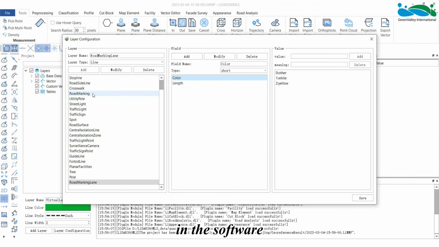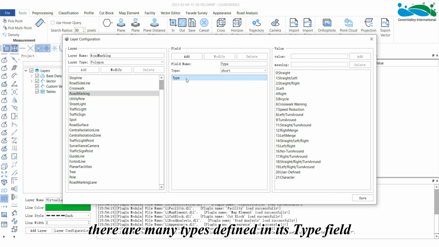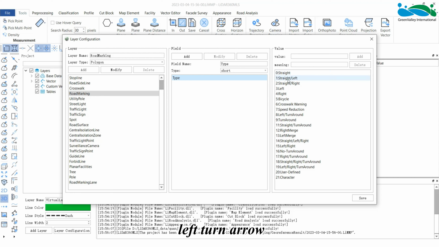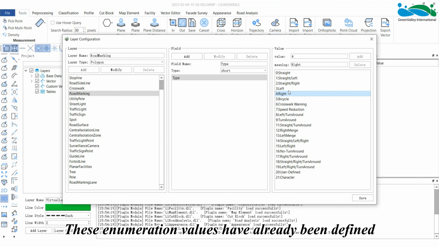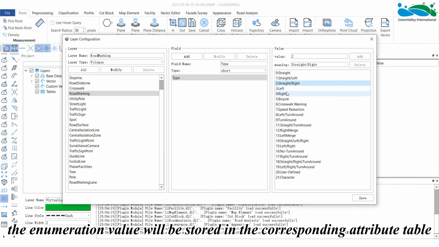For example, in the software for the road marking layer, there are many types defined in its type field, such as straight arrow, left turn arrow, and so on. These enumeration values have already been defined. When you draw or automatically extract, the enumeration value will be stored in the corresponding attribute table.